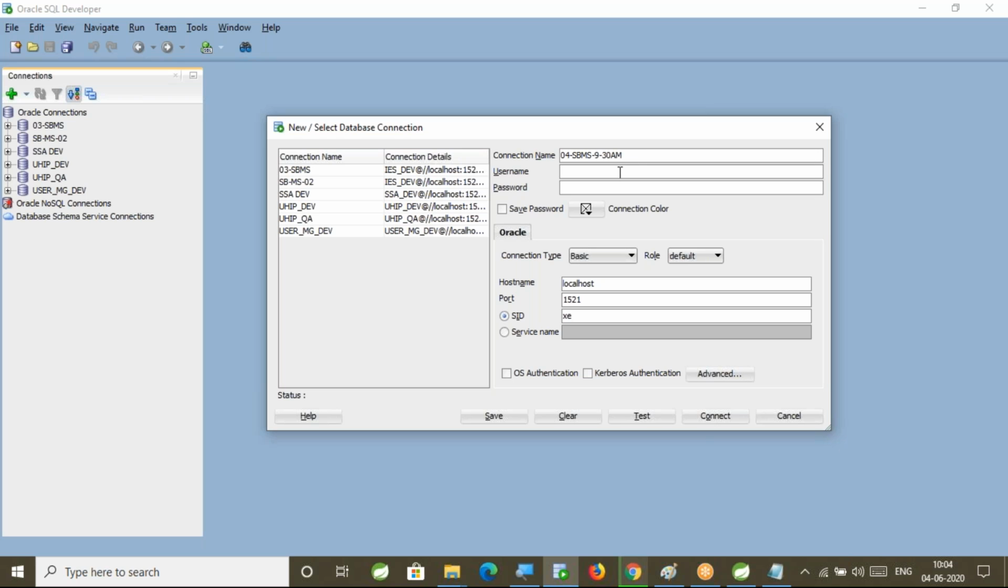Username. At the time of database installation, you will choose a username and password. My database username and password are both the same. I have given is_dev, then the same password. Host name is localhost, port 1521, service ID is XE. So tomorrow when you go for